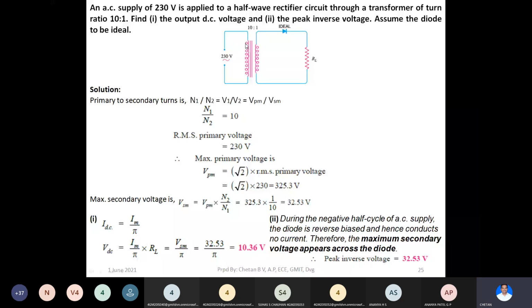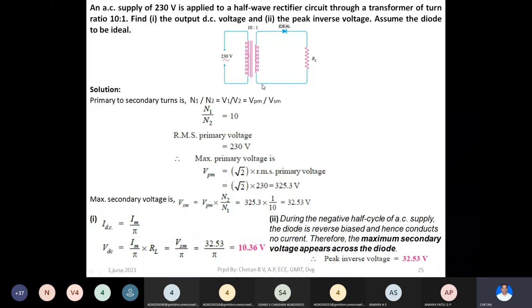So from this ratio and the given AC voltage to the primary winding of the transformer, we have to find out what is the voltage that we are receiving at the secondary winding of the transformer, because the voltage across the secondary winding of the transformer is our actual input voltage for this diode. So we have to first find out the voltage across the secondary winding.